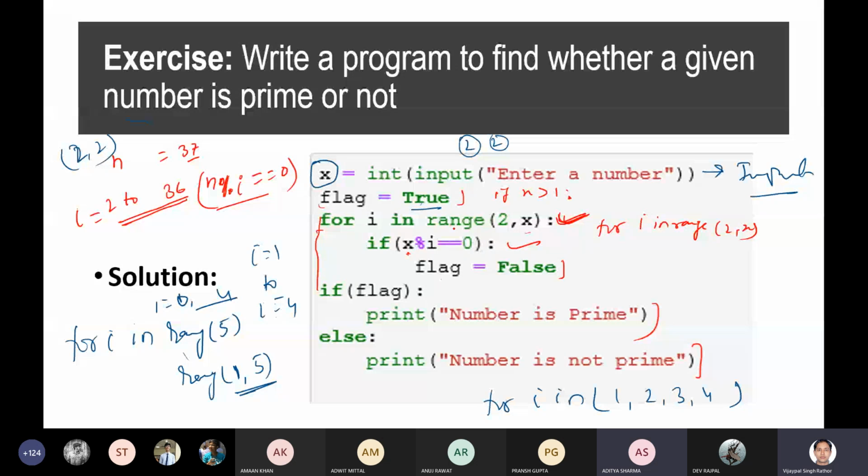हाँ, तो उससे क्या हो जाएगा? सर, X मैंने 36 एंटर किया. चलो बताओ, आपके अकॉर्डिंग क्या आंसर आएगा? सर, अभी मैं पूरा लूप तो लिखने दो, फिर मैं बताऊंगा ना आपको. हाँ हाँ, बताओ चलो. सर, उसके बाद जो आपने सेम लिखा है, if number modulus i equal to 0,